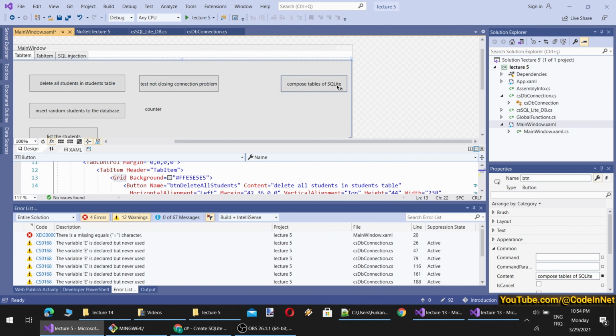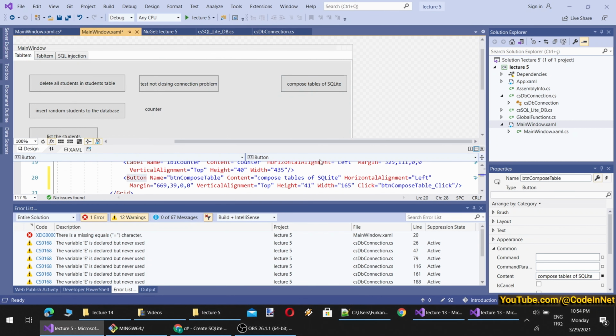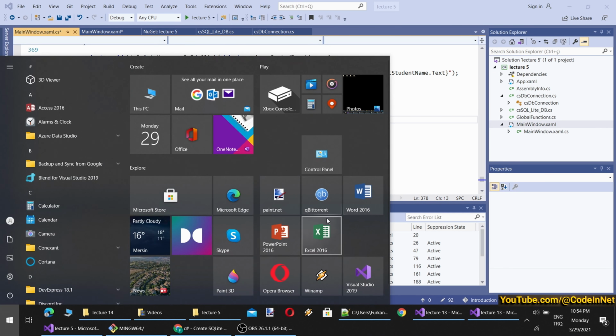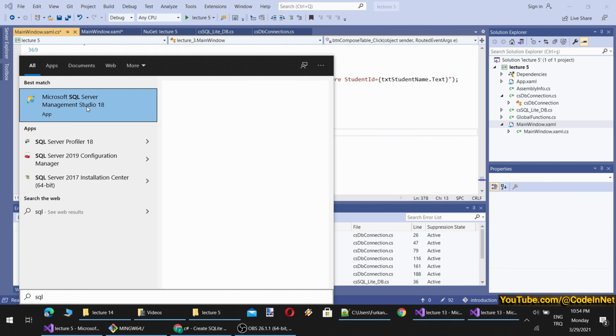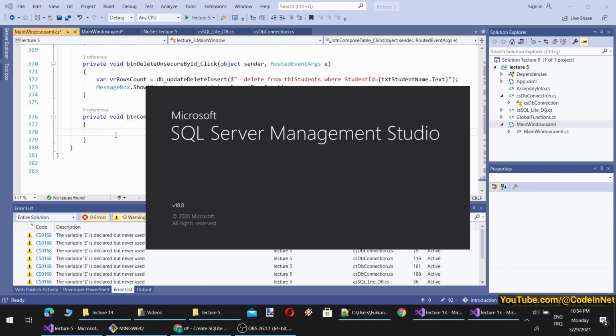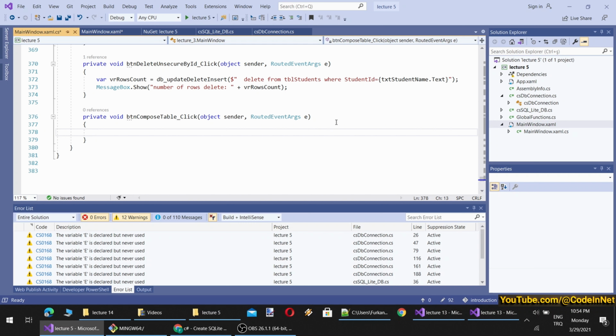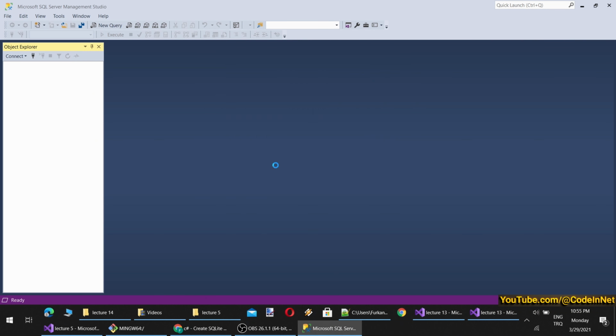If you wonder how we compose a table, it is pretty easy to figure out by using our SQL Server Management Studio. With this method, you can generate the SQL database in your production environment. For example, you have only provided an exe file to your customer, then when the application is first running, you can check whether the database exists or not. If not, then you can compose the database and tables.